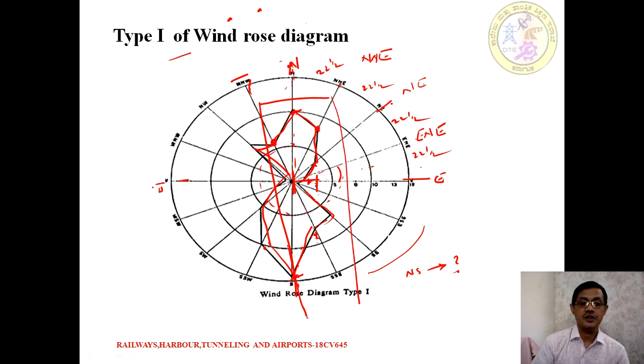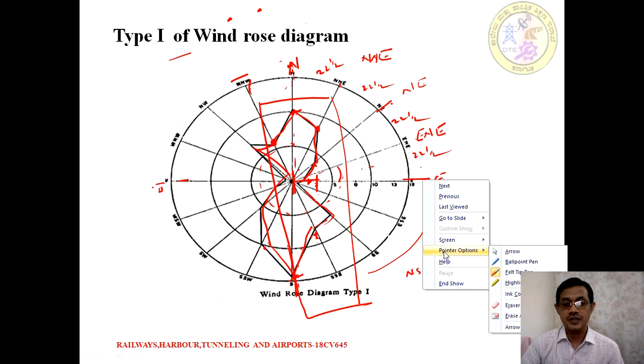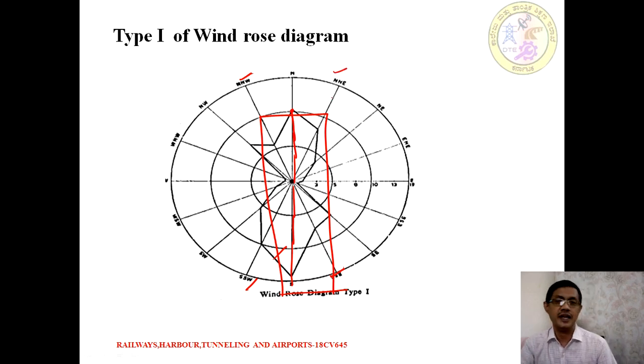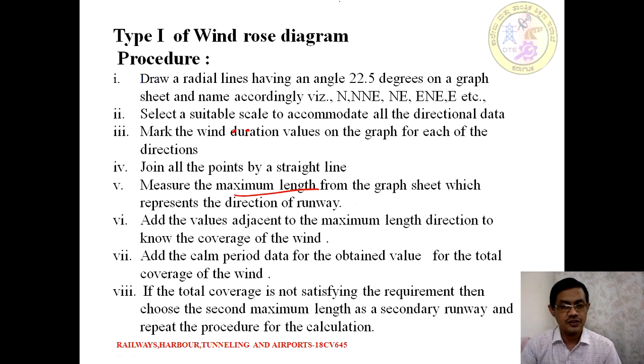After that, the wind has to blow over the width of the runway, so it is not exactly at the center point that we are taking. Just showing here, if this is the center line of a runway in the north and south direction, the adjacent directions are north northwest and north northeast. Likewise our runway is going to be oriented. Hence, south southwest and south southeast winds are also added to get the total coverage of the wind.